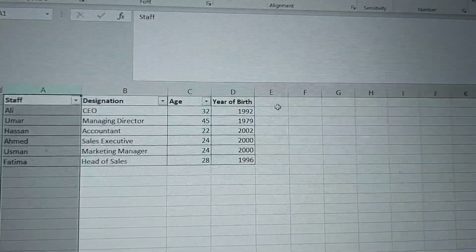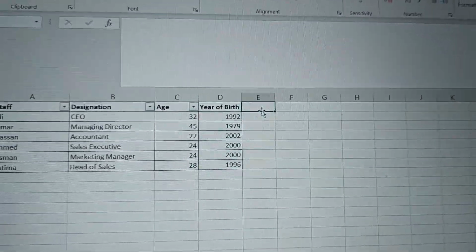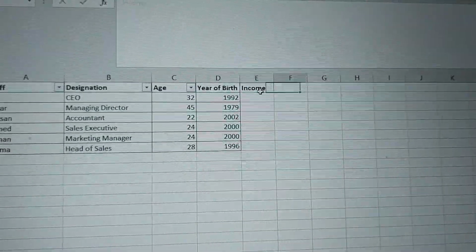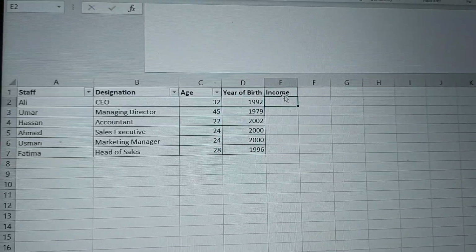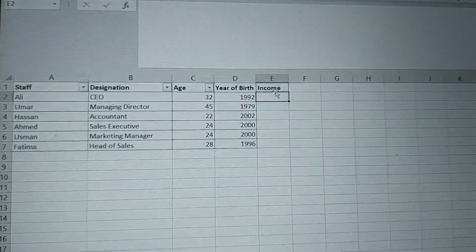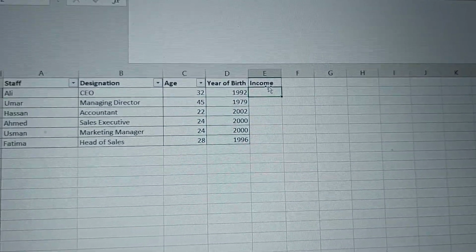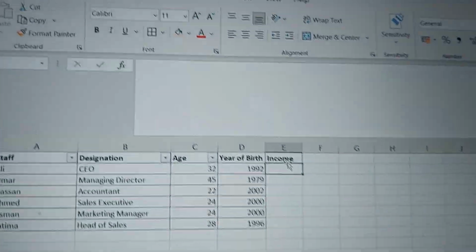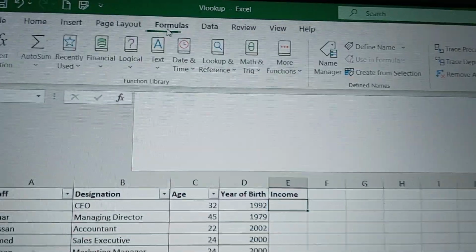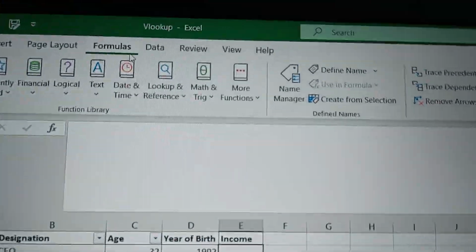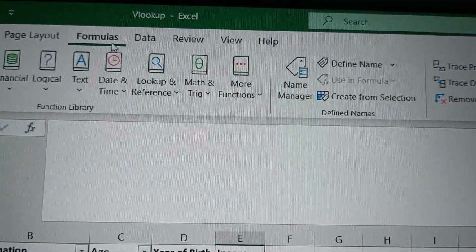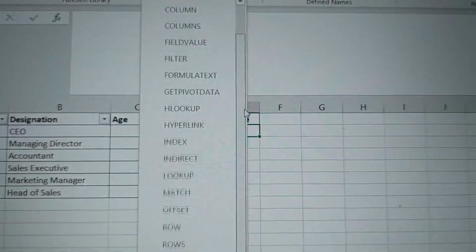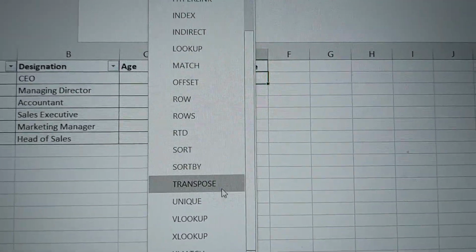So I want to bring income here from the other file. I know people struggle in writing those formulas and learning to write them, or maybe there is one or two mistakes in that and the whole formula is messed up. So the easiest way to do it is go to the formulas tab here. I hope it's clear. Go to the formulas tab, go to lookup and reference, and then just choose VLOOKUP here. All right,